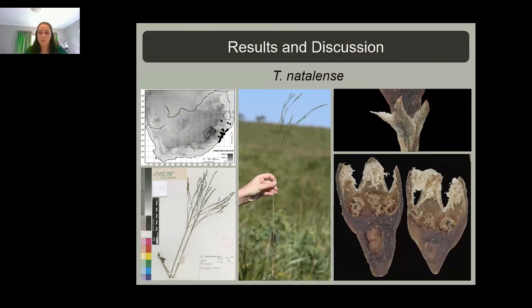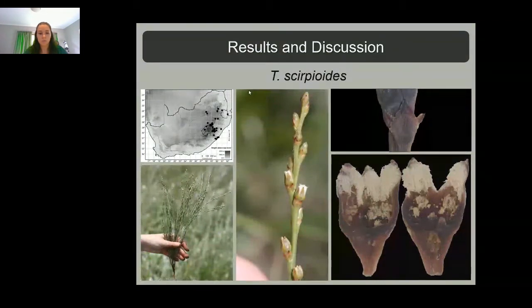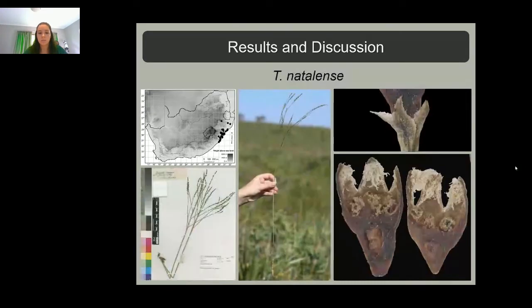It's more likely to be confused with Thesium scirpioides, whose distributions overlap. They also have very similar flowers as the previous 2 species, and also very similar bracts as Thesium natalense. However, this plant is mostly unbranched or branched from the base, and it has multiple stems at ground level. The flowers are much more spaced in the inflorescences, whereas in Thesium natalense, the inflorescences are